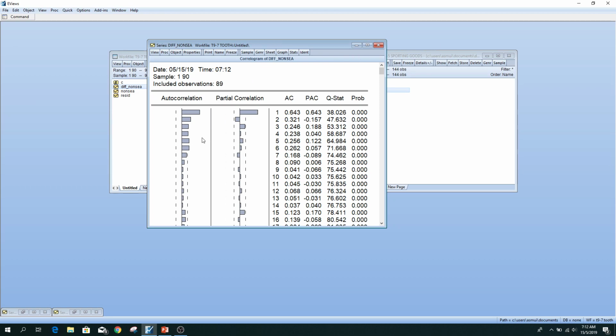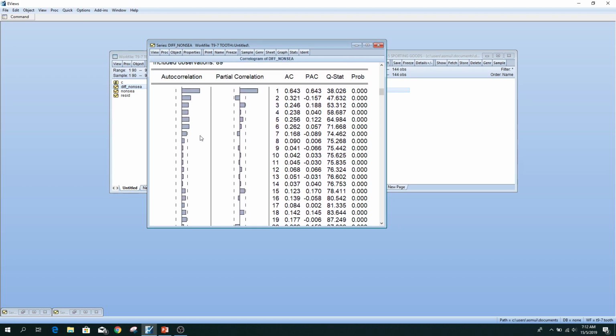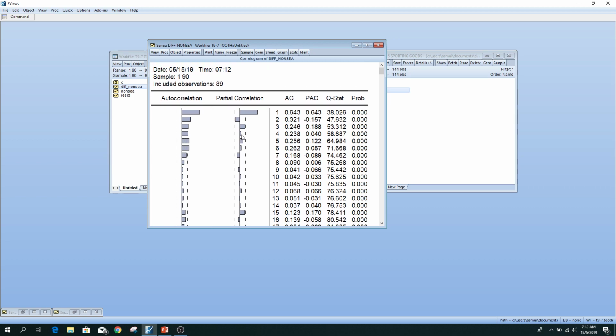But here, we can add an autoregressive component or a moving average component, because as we can see here, the probability of the Q statistic gives you a sign of not white noise. The residual is not white noise. So you have to put some AR and MA components to make sure that